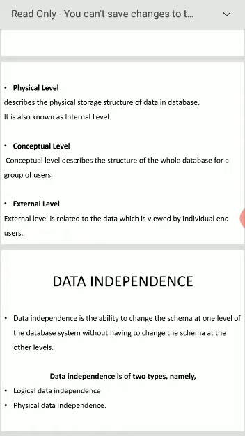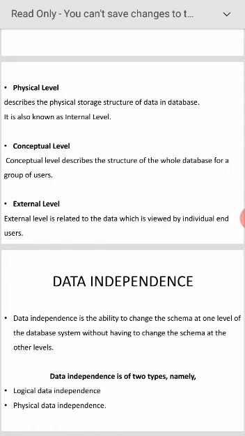The conceptual schema may be changed due to change in constraints or addition of new data items or removal of existing data items, etc. from the database. Sometimes we have added something, I want to remove it, you can do it. Suppose I stored some wrong data, I want to modify it, you can modify it. This can be done in logical independence.